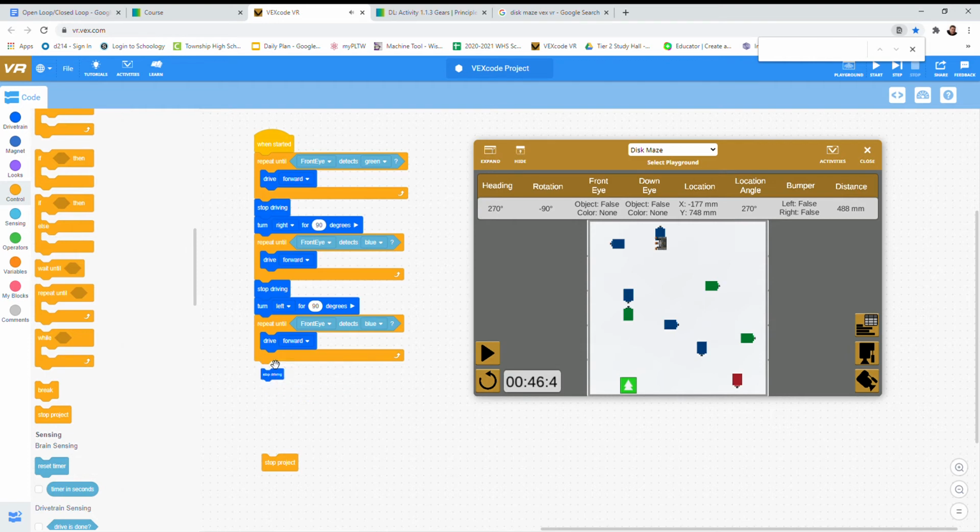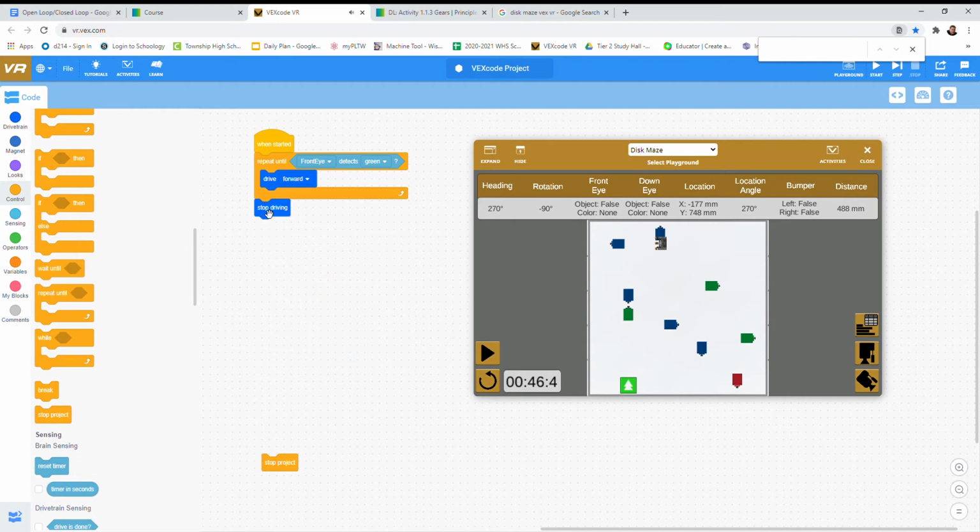So I'm actually going to delete a bunch of this stuff here. Actually, I'm going to delete all of it, and let's think about a way in which we can make this more efficient. Because let's face it, we have some duplicated actions going on here. We have 3 green blocks, 5 blue blocks, and one single red one. So if I go back to